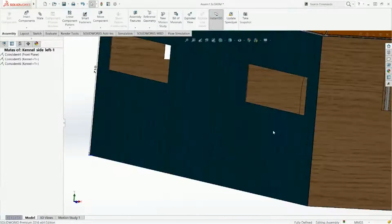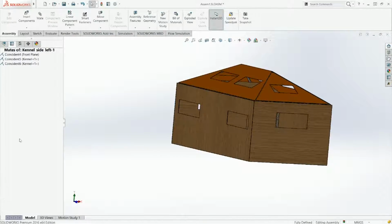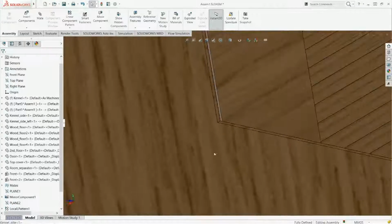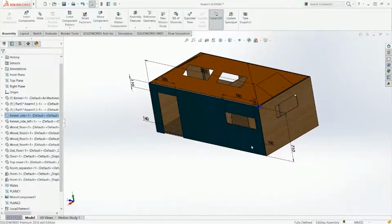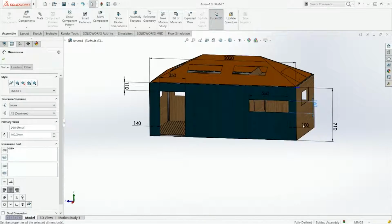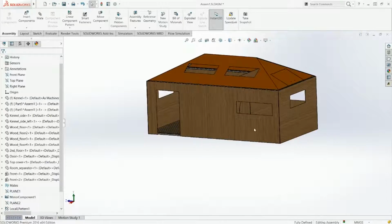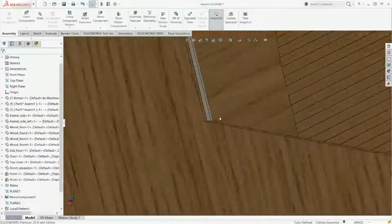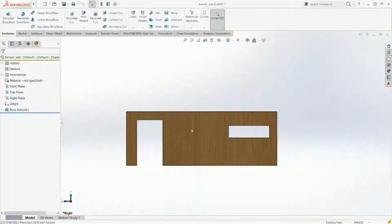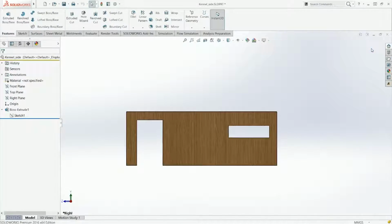And maybe just measure, double click this to see where the cuts are. Doesn't want to say, so maybe the other side. Okay, it says there, 710. Okay, I just remembered. Yeah, we did a relationship there. So you can do the same as I did in this phase. I believe, yeah, I did 3 lines and make them all equal. So it was the same height, just like an average